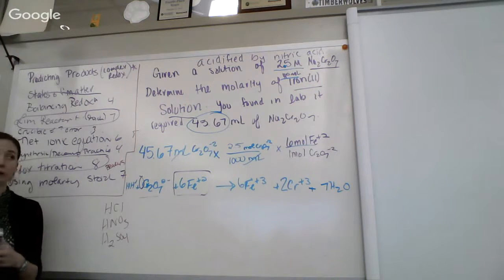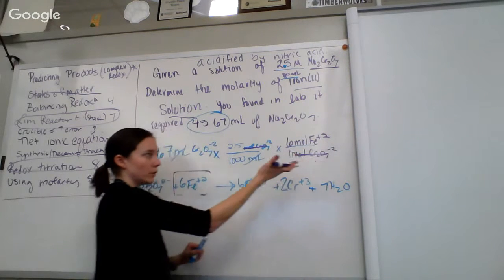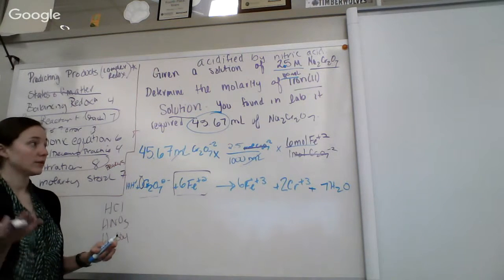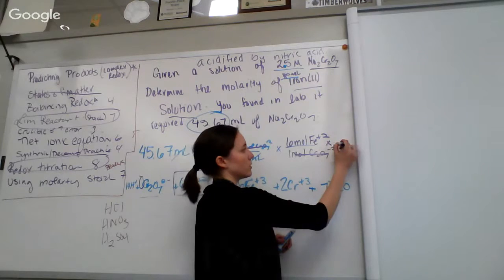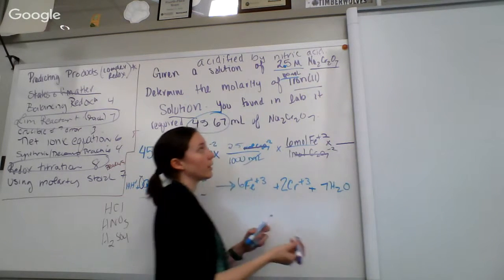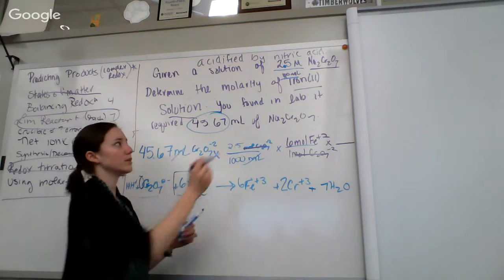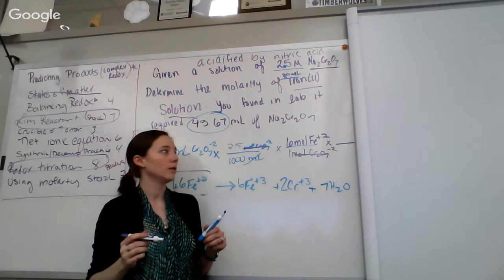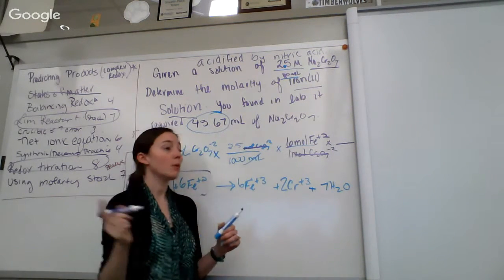I need to know my molarity. And molarity is what? Moles over liters. And so right now, if I were to solve this answer, my answer would be in what unit? Moles. Since I need it in moles per liter, I just need my answer to be divided by liters. So I'm going to put down here how many liters I had in my reaction, which is how many. If you can see this tiny little writing right here, it says 100 milliliters. So it would be 0.1